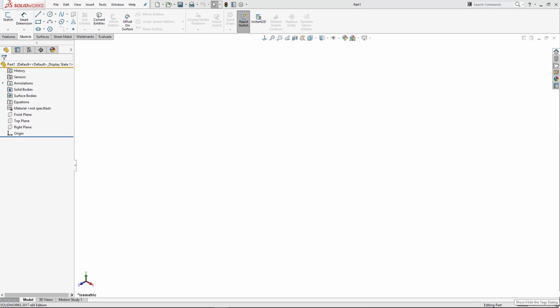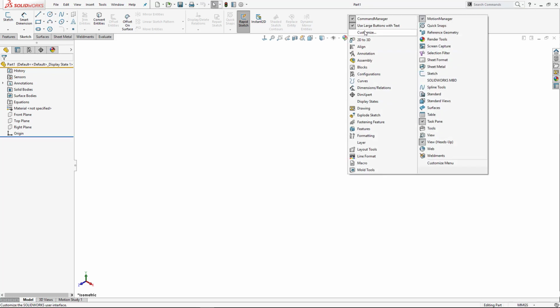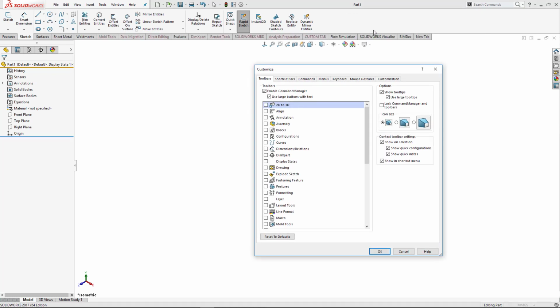Hello everyone. For today's tech tip video, I will be showing you how to create custom tabs inside of SOLIDWORKS for the Command Manager. To start, we're going to right click on the Command Manager, click on Customize, and here